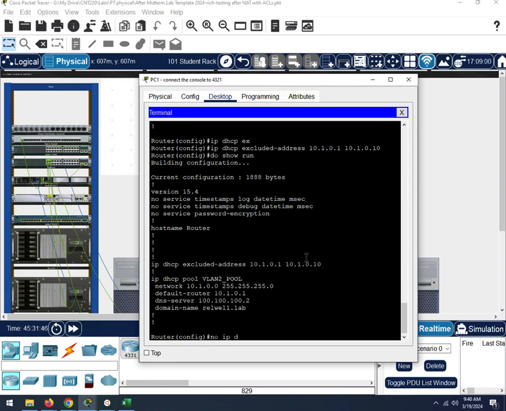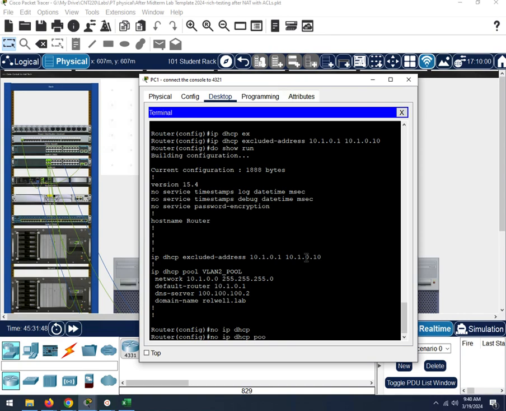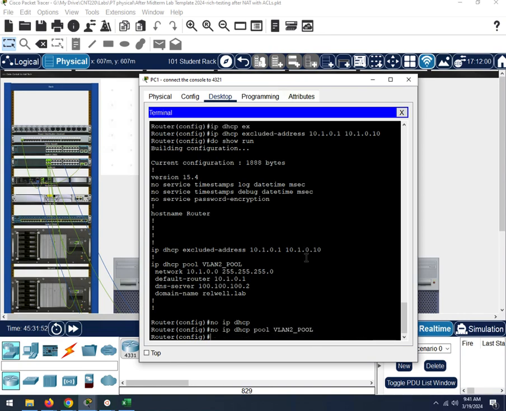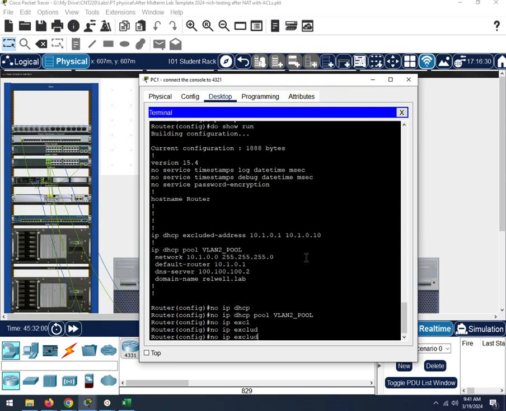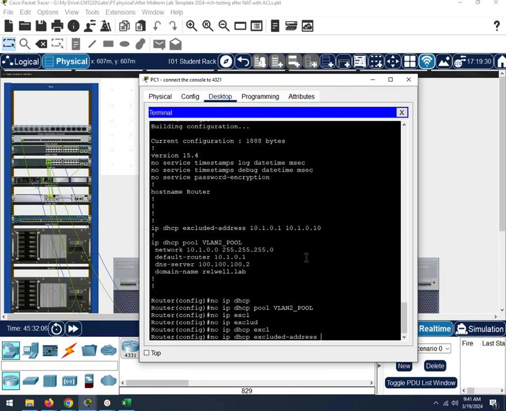So we do no ip dhcp pool VLAN2 pool. So I got rid of that, and we'll go ahead and get rid of the excluded addresses also. Not sure it really matters, because if we don't have a DHCP pool, it's not going to do DHCP. So it probably wouldn't hurt if we left those, but I want to get rid of it